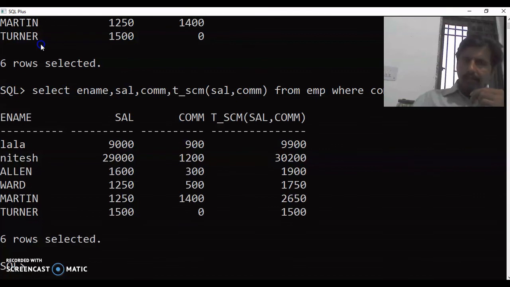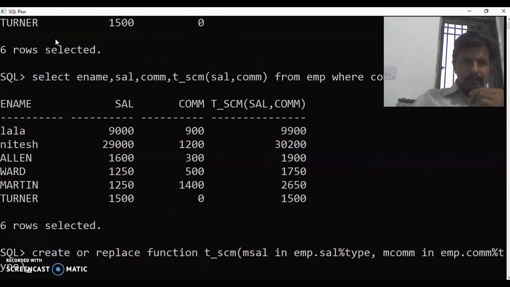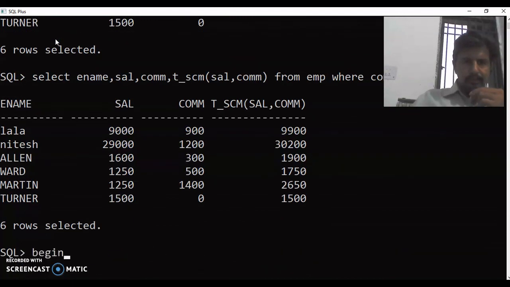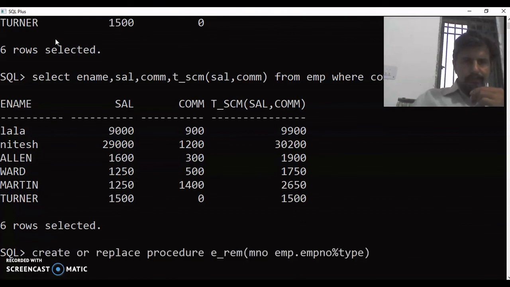Then the procedure, we have also written one procedure. So let's remove one employee. The procedure name was, I think, I don't remember, e_rem.